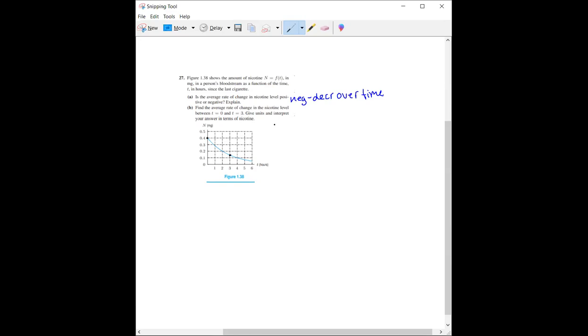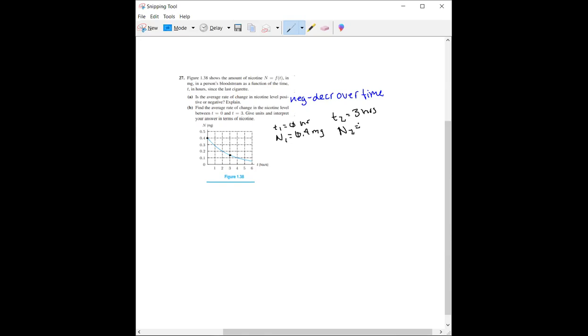And so our T1 is going to be 0. Our N1, the amount of nicotine we have, is going to be 0.4 milligrams. This is 0 hours. Then our T2 is going to be 3 hours. That was given to us. And our N2 is going to be,